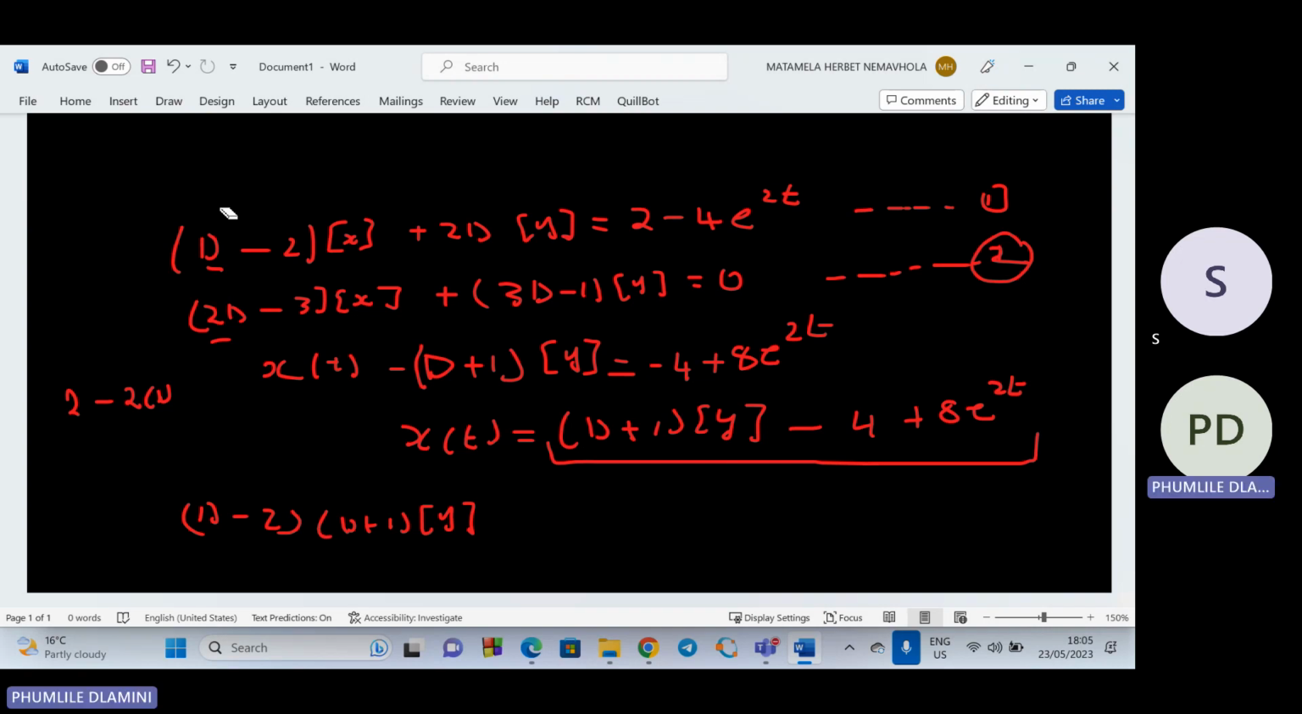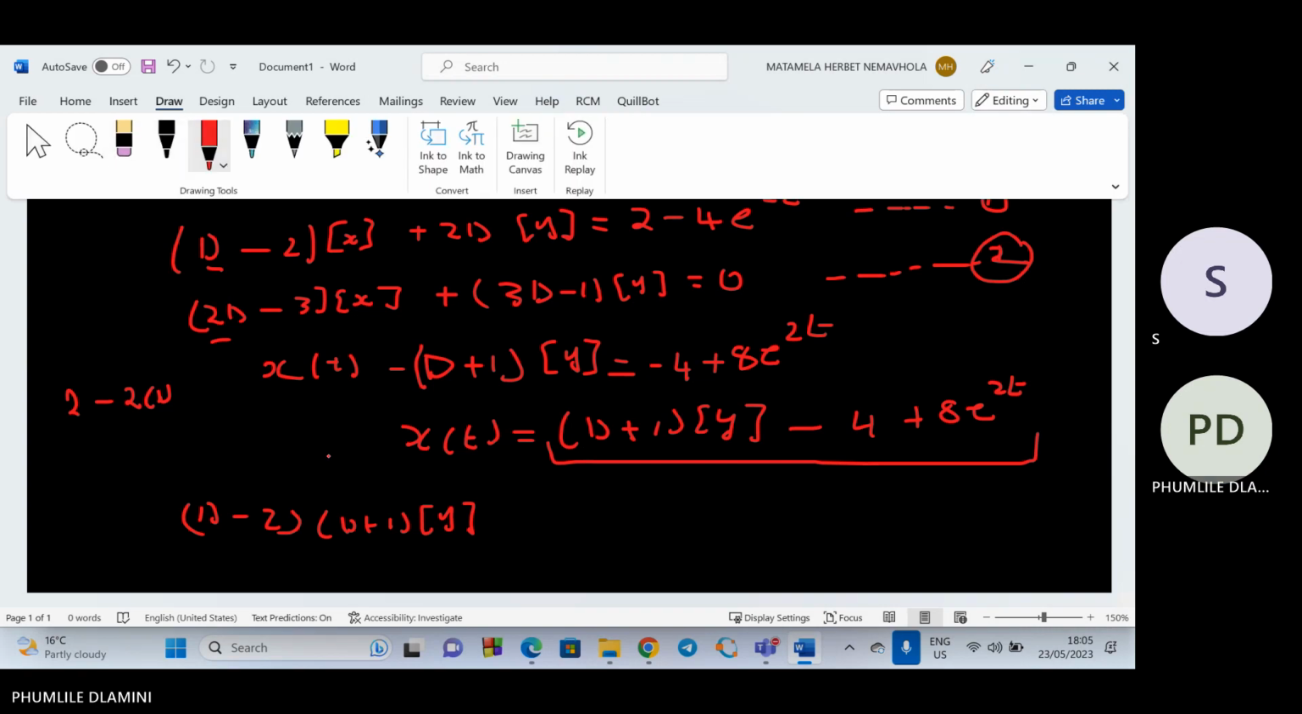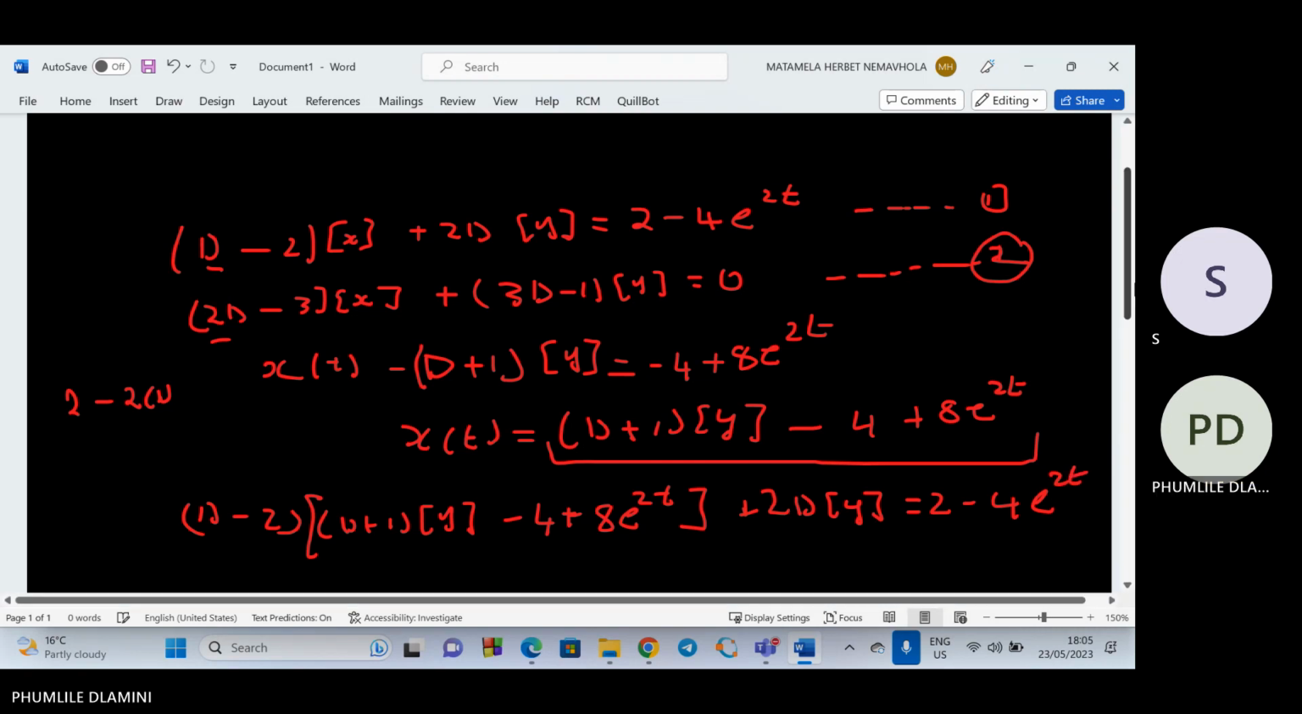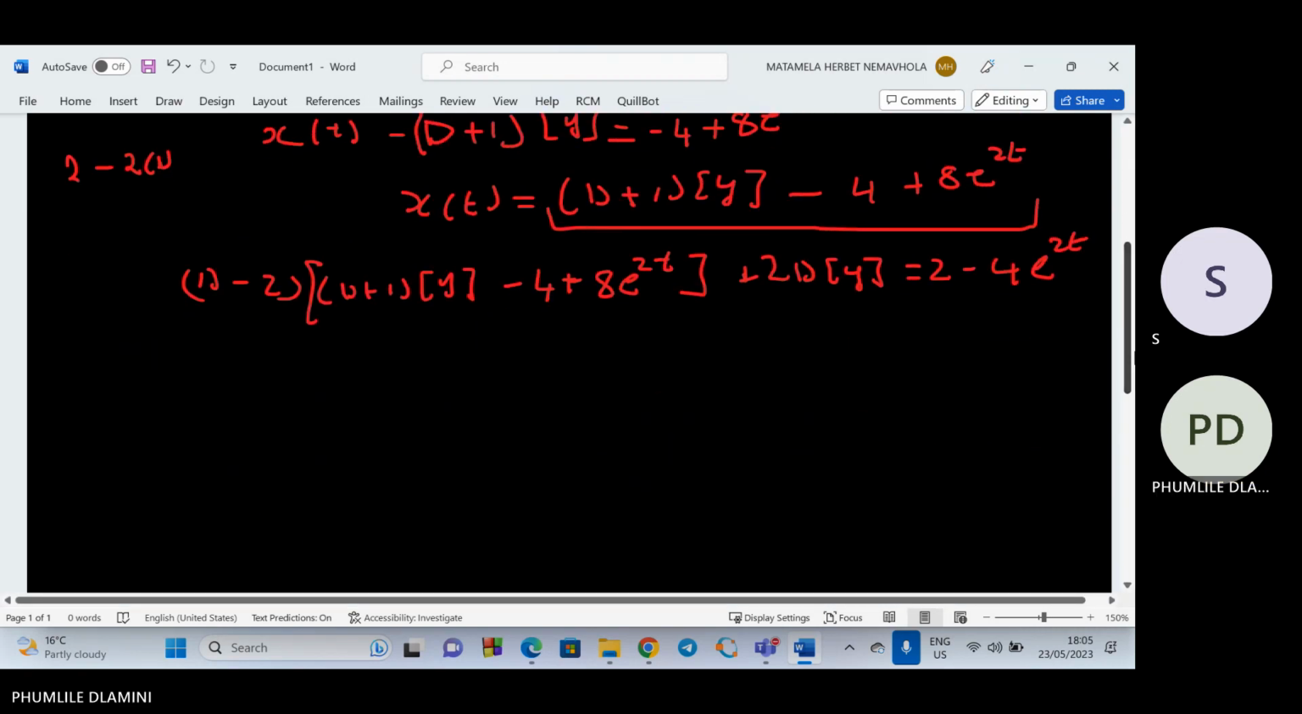Here we are going to put a bracket to indicate that everything is going to be multiplied by d minus 2. Then it's d minus 1 minus 4 plus 8e to the power 2t, plus 2d of y, which equals 2 minus 4e to the power 2t. Now when we have that,